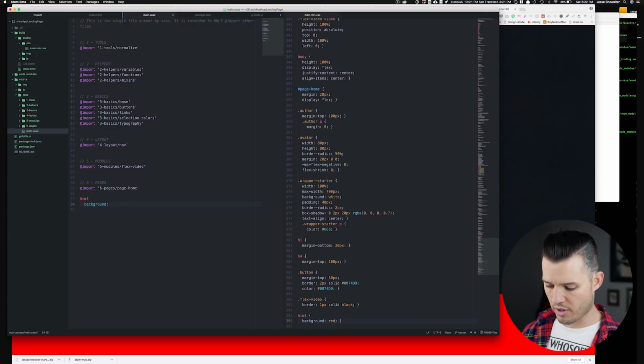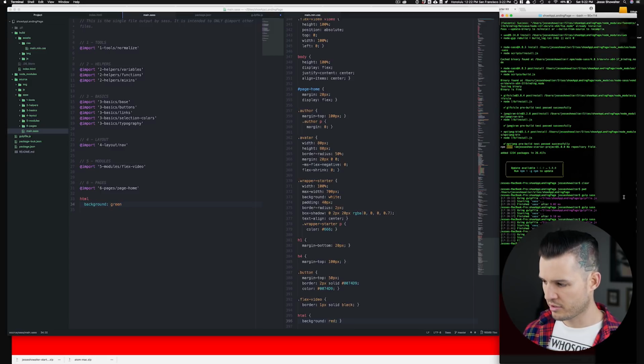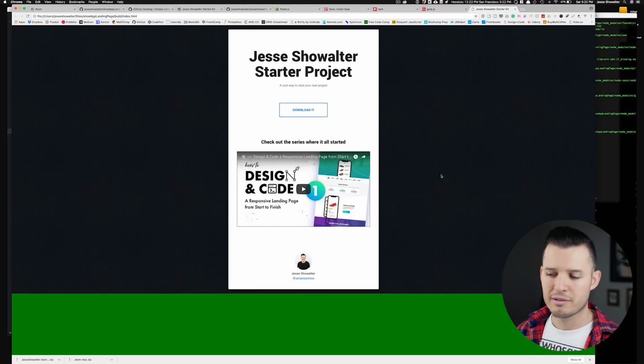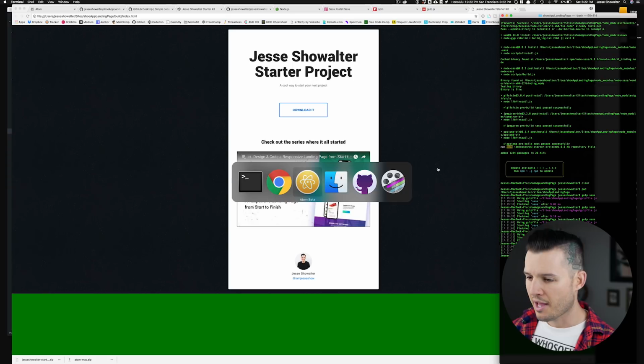I don't want to say, oh, I wanted to change the background to green, and then come over to my terminal and punch that in and let it update the CSS, and then come back to my browser and refresh it to green. That's a lot of work, back and forth, back and forth. This task runner is supposed to do work for us, right? Well, let's make it do work for us. Let's make things a little bit easier.